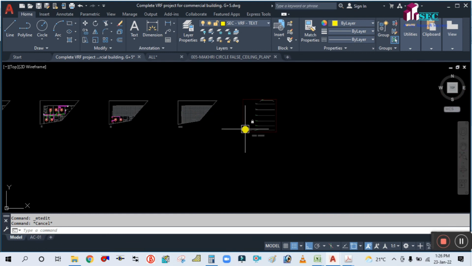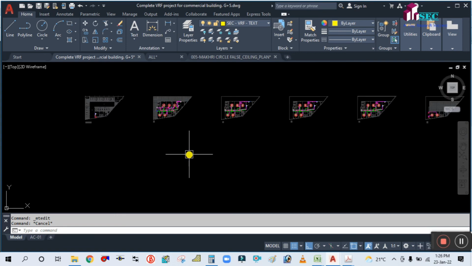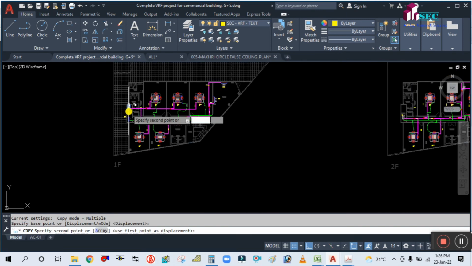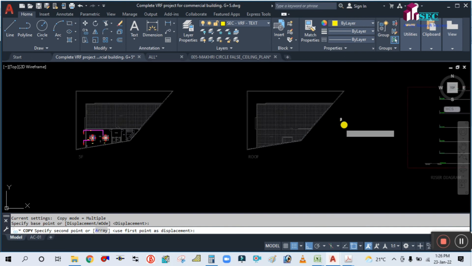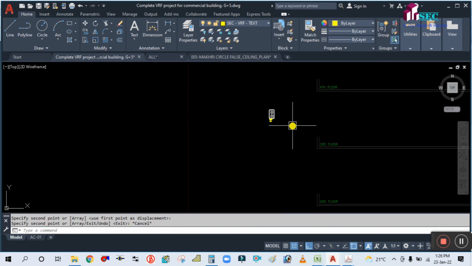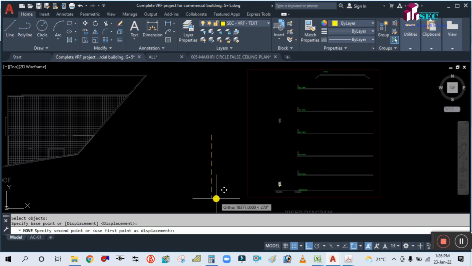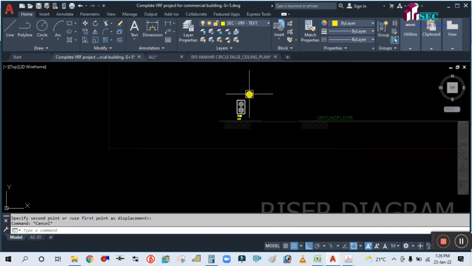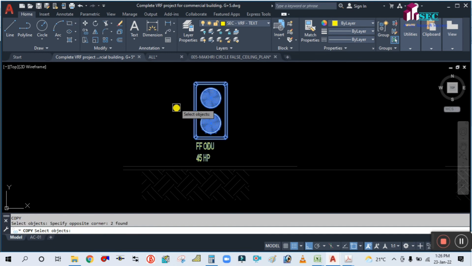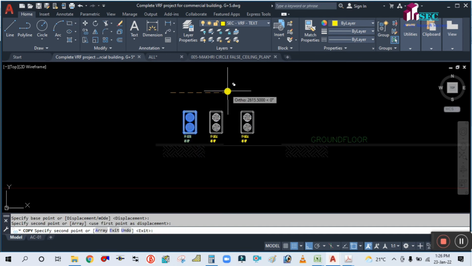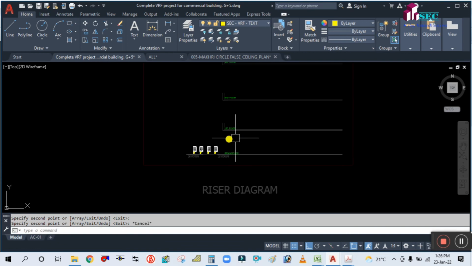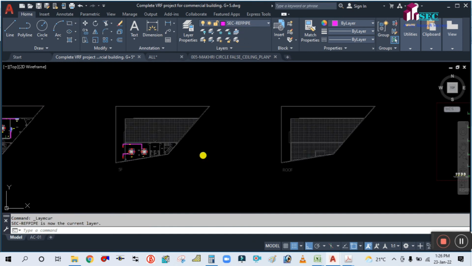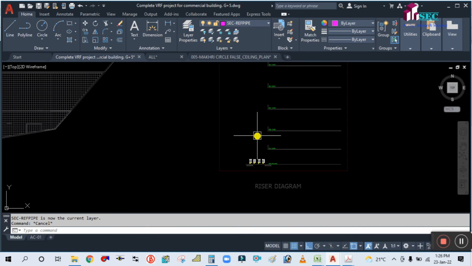Now what we will do, simply copy this outdoor unit text as well and place it here, and down, I'm going to place it here on the ground. Okay, copy these 4 numbers. Okay, now refrigerant piping, select these, and simply what you will do, simply